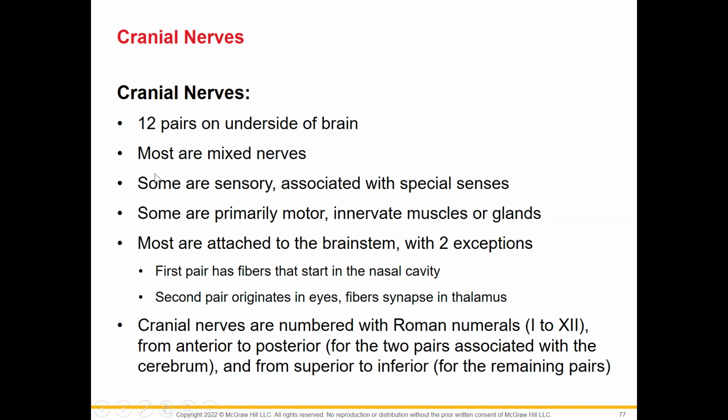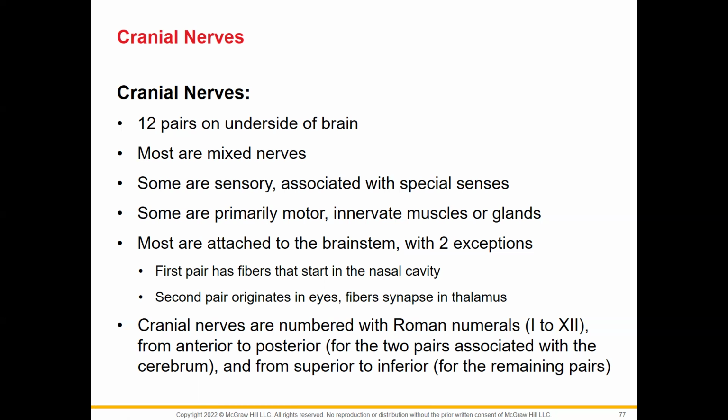So some neurons are strictly sensory. Some neurons are primarily motor, innervating muscles or glands to help produce some function. Most of the cranial nerves are attached to the brain stem. So when you look at the neurons underneath the brain, most of them are attached somewhere around the midbrain, pons,